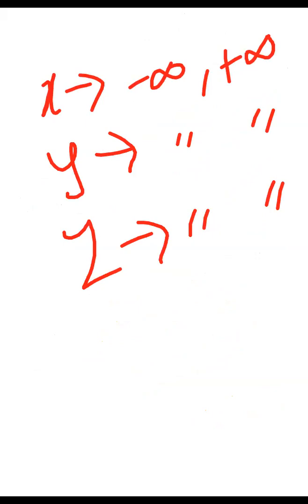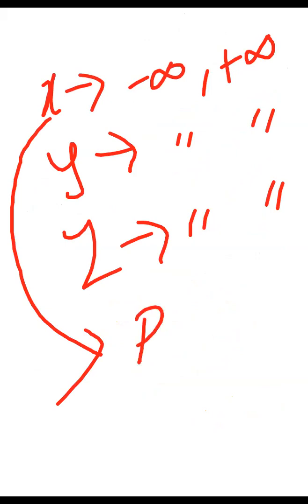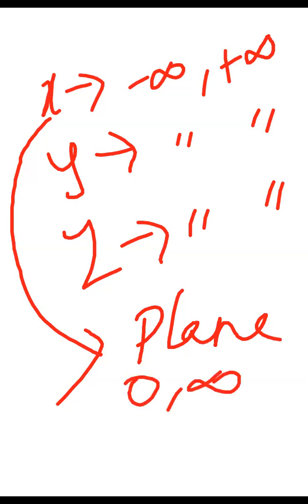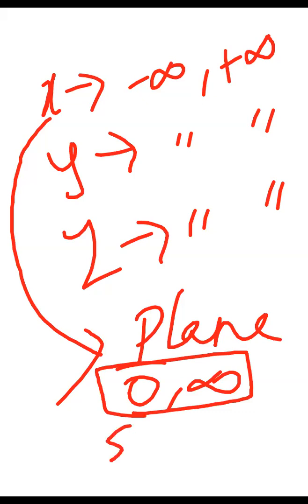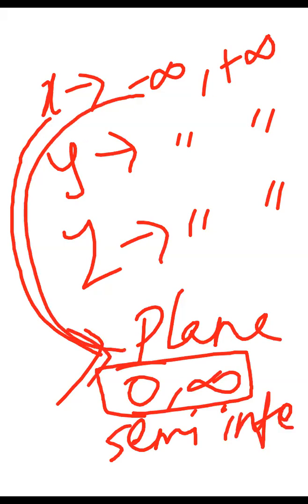If a plane extends from minus infinity to plus infinity, it is called an infinite plane, because the plane goes up to infinity. Suppose in some cases the plane extends from 0 to infinity only, not from minus infinity to plus infinity. In those cases, that plane is called a semi-infinite plane. So a plane extending from minus infinity to plus infinity is a simple infinite plane, or otherwise if it extends from 0 to infinity, that is a semi-infinite plane.